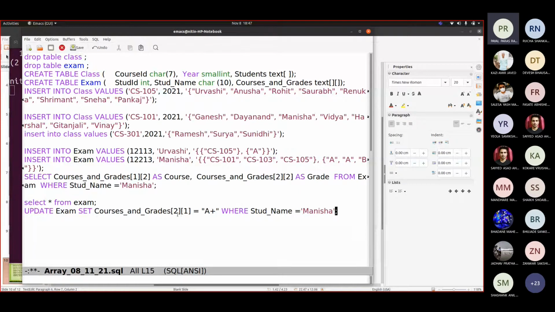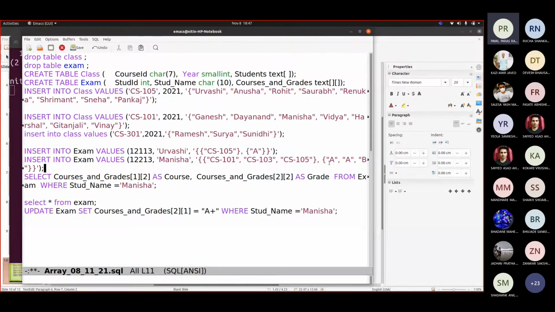Set. For Manisha, we are changing it, the array to grade 1. So we are actually changing that A to A plus.